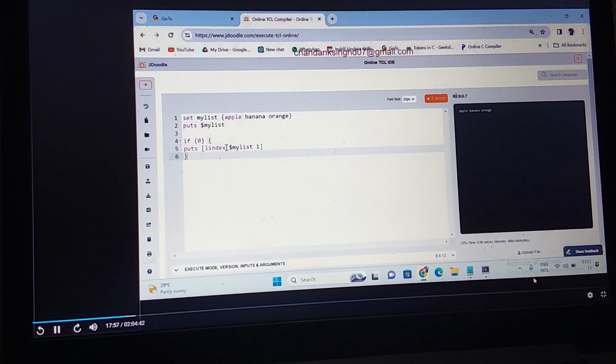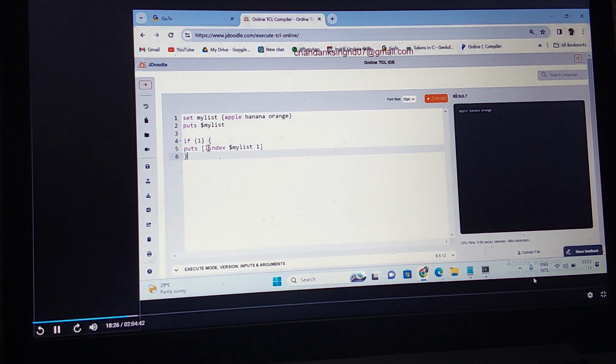Right. See, I'm commenting this line using an if statement. What is this if condition? 0 means false. When it is false, is it going to execute this statement? No, right? It goes out of this. If it is true, if I put this as 1, now it is executing the body of the if.